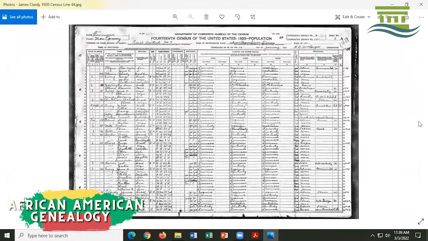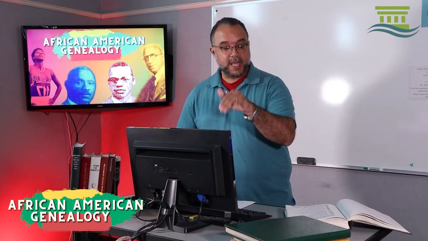All right, so this is the last census that we have here. It goes from 1900 to 1920 for James Clardy. Like I mentioned before, he was not on the 1910 census, and sometimes if you have time, you can search for a particular district. The Ancestry has District 7, New Providence, all by itself. It's maybe about 10 pages. So you can go through page by page just to double check and make sure. And he's not on it.